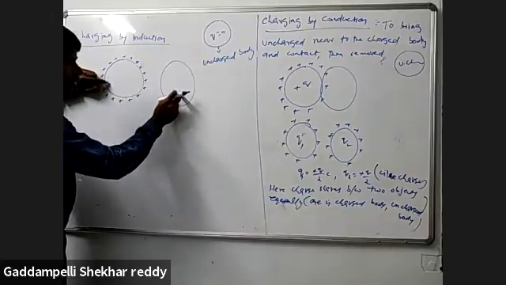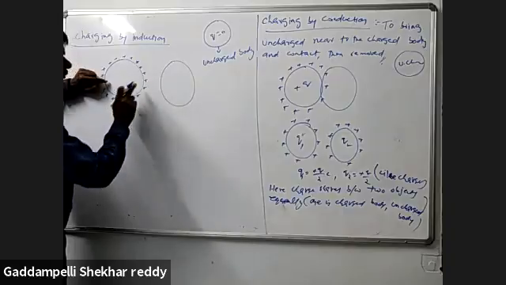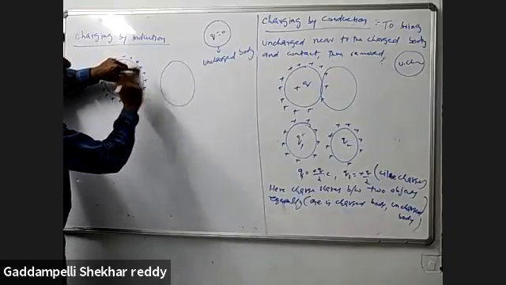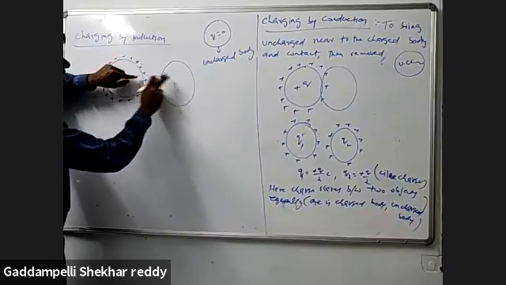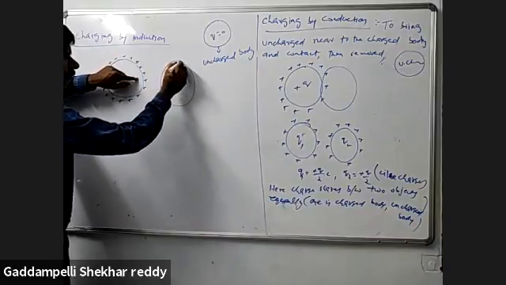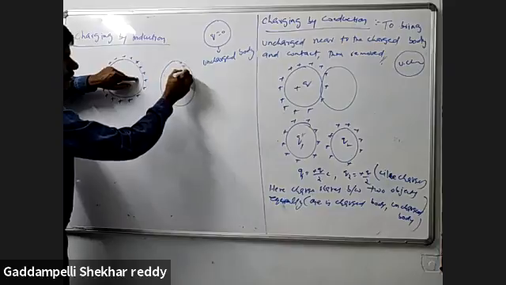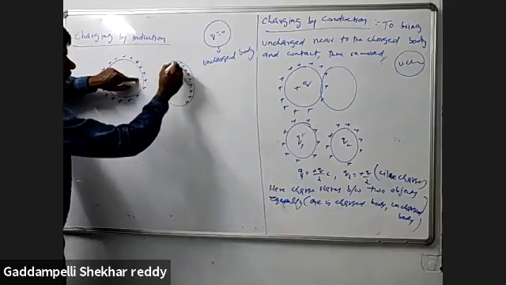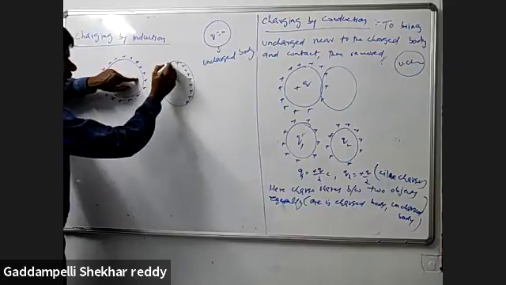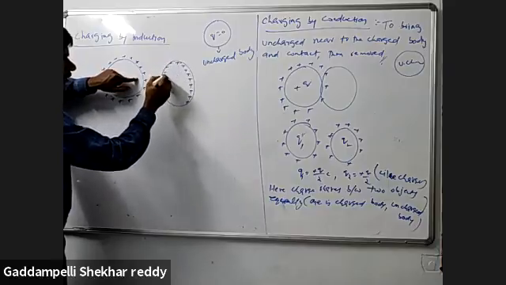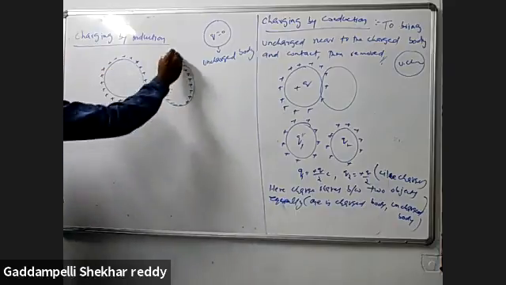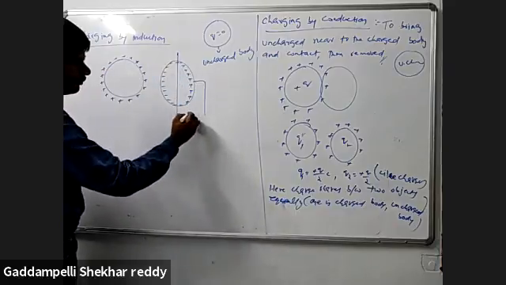In the neutral body there are both positive and negative charges. Due to the positive nature, that is protons, a repulsive force is developed, so these particles move to the far side and electrons are attracted by the positive body to the near side. After this it is connected to